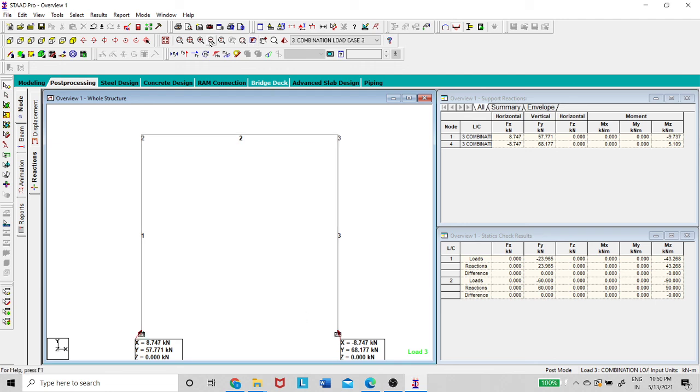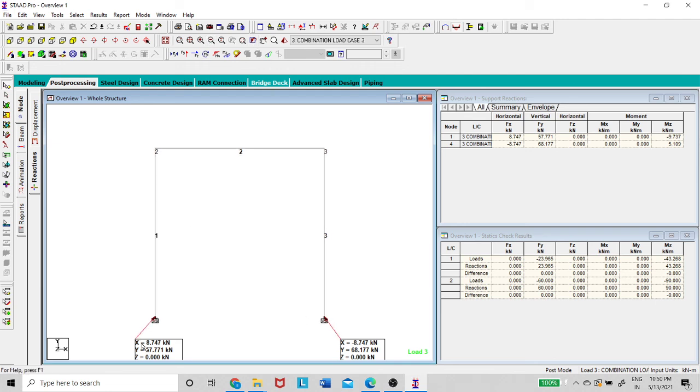So there is a reaction. In the x-axis, the reaction is 8.7 kilonewton. Here, if x is positive, it is in the direction of x, and if it is negative, it is in the opposite direction of x. Similarly for the y direction reactions. You can find these reactions here, and you can see there are different reactions.